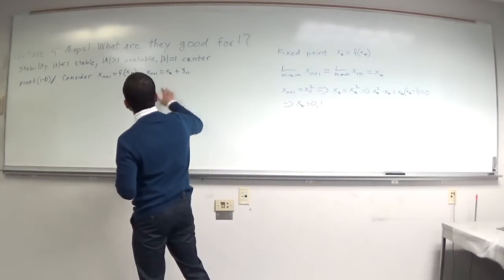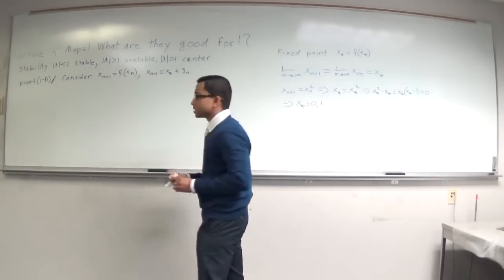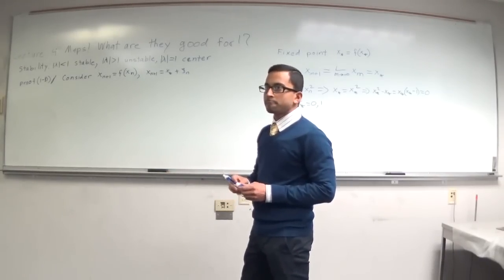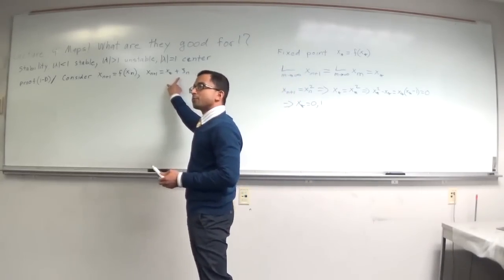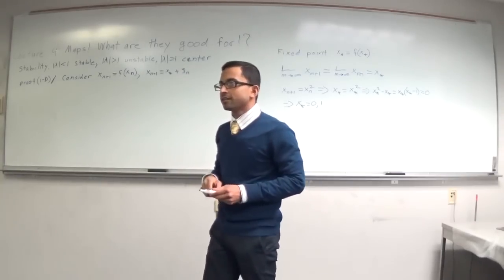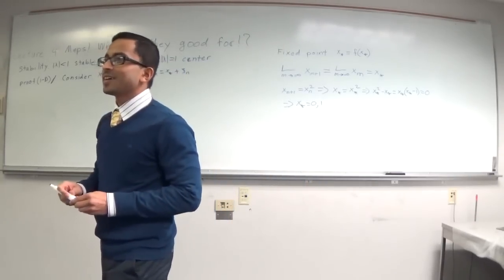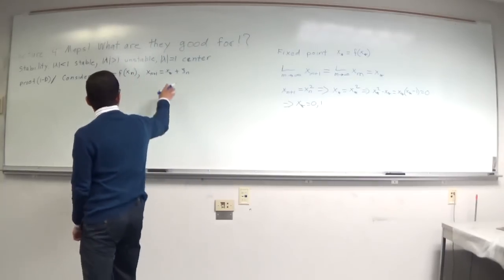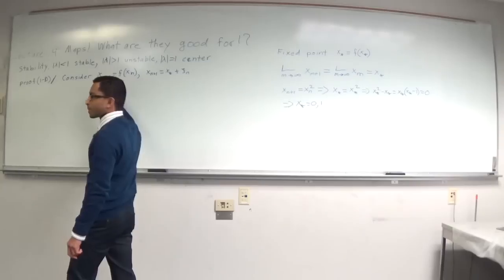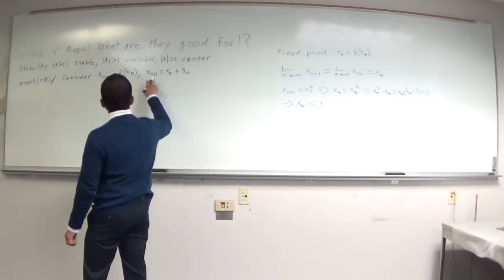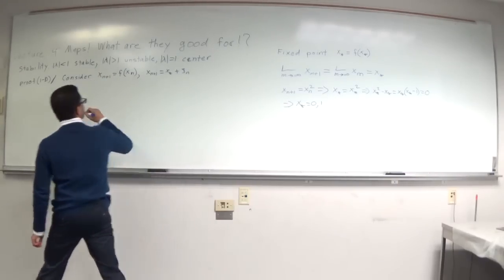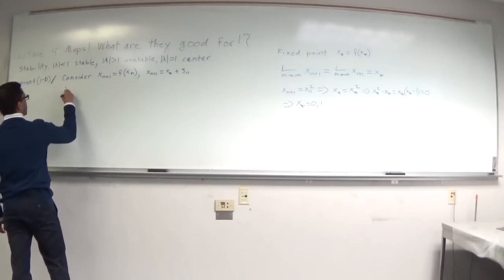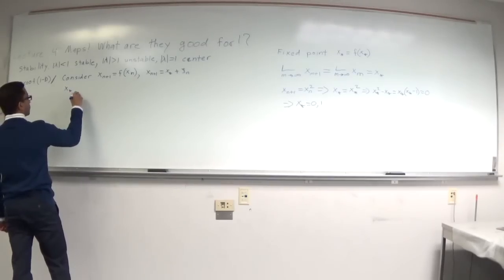So we have this. Now what do we want to do with this? We have a perturbation, but how are we going to see if this perturbation goes to 0 or not? So we plug it in, right? We're just going to take this and plug it into our map. So notice that we have x_{n+1} here, and so this is going to be x star plus c_n